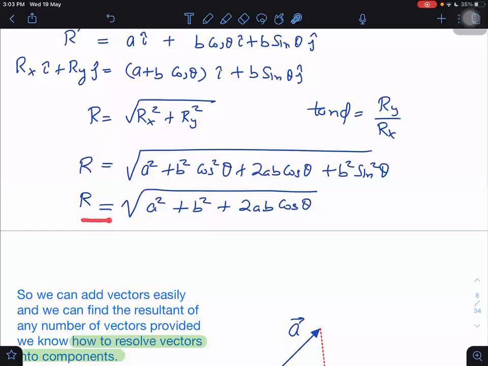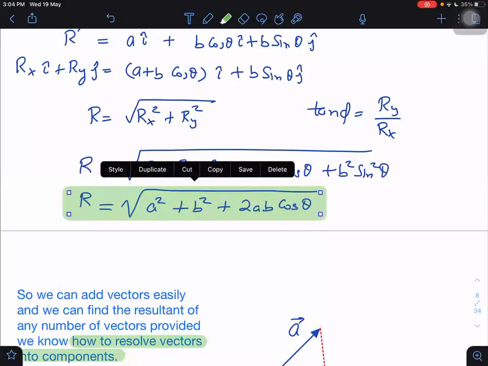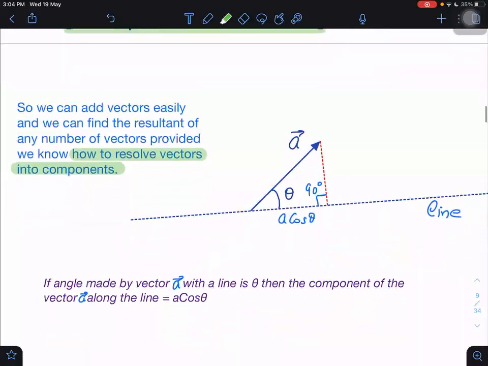Okay, I'm not saying that you shouldn't learn this result. You can learn it, because many times we use it. Many times we have a case where we have to add just 2 vectors only. In those cases, obviously it will be useful, but it doesn't mean that it is so useful that we can use only this and no other formula. That is not true.